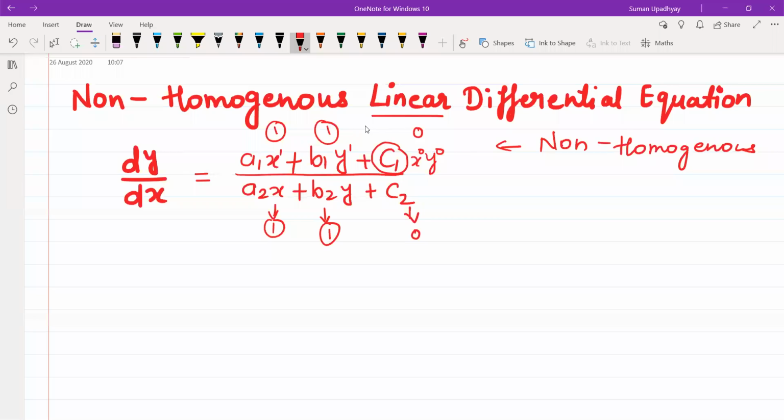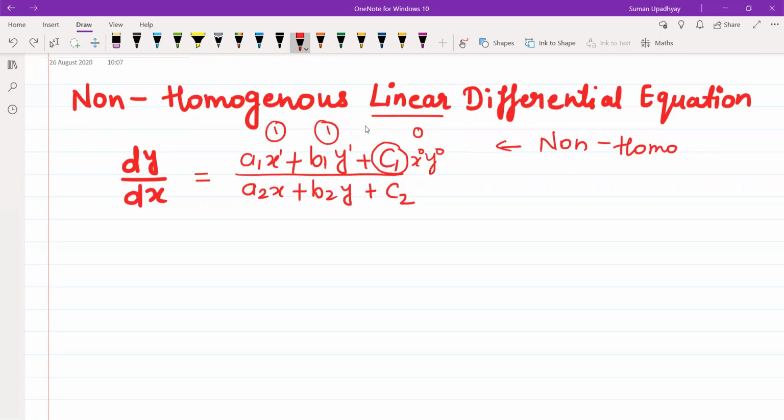So how to solve this differential equation, kids? We are going to solve this non-homogeneous differential equation. It follows 2 steps, okay? The first step is to convert the non-homogeneous into homogeneous, and the second step is to convert homogeneous into variable separable method. Okay, so for the second step, we all know how to convert homogeneous into variable separable method by taking the substitution y equals vx. Okay, so let us do that.